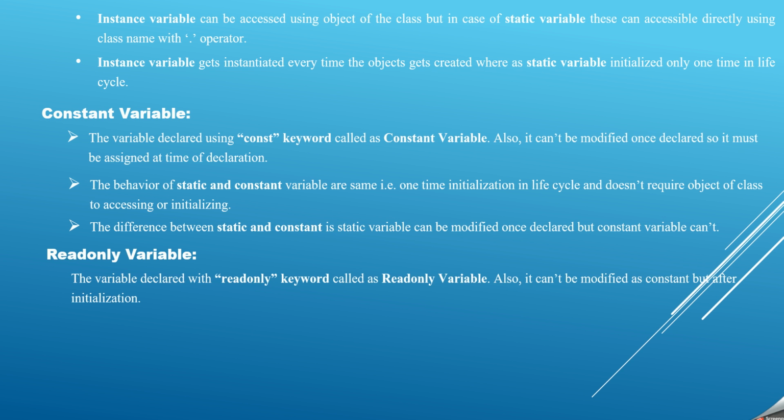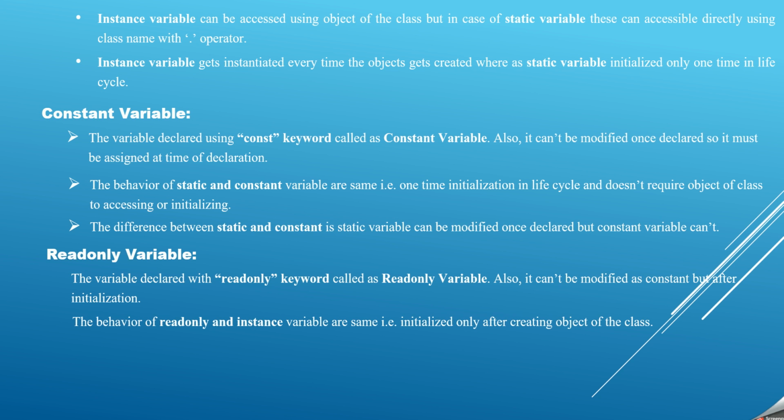So the read only variable: like the variable which is declared with the keyword constant, we have one more keyword called read only, that's called your read only variable. Also it can be modified in one case. We can compare it with a constant, which also can't be modified. The main difference is that at the time of declaration, a constant variable we have to initialize immediately, but here we can declare it and at a later stage, once it is initialized, we can't modify it. So that's the main difference. It is not at all allowed, okay, and